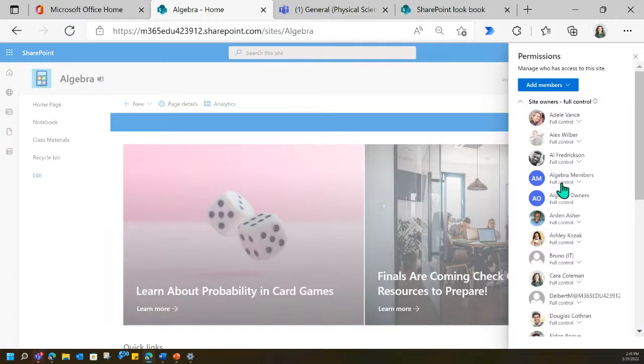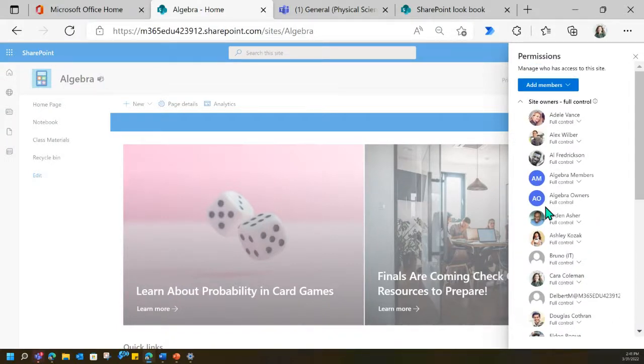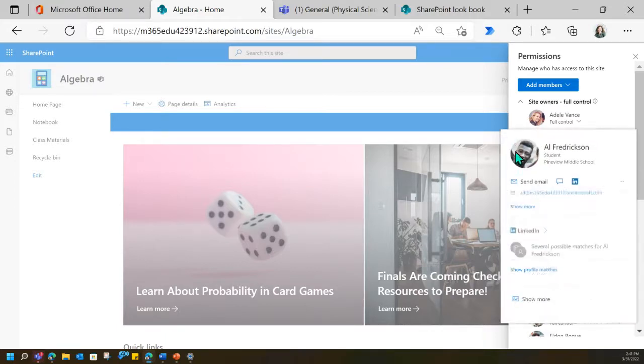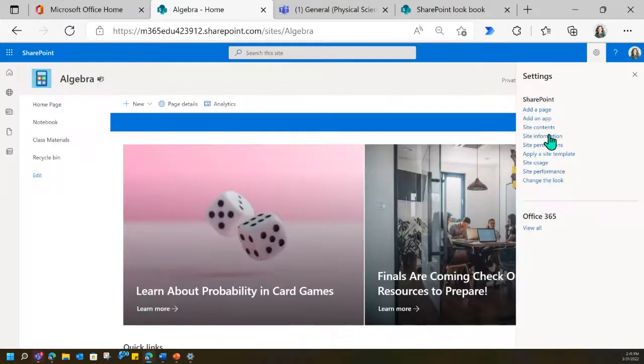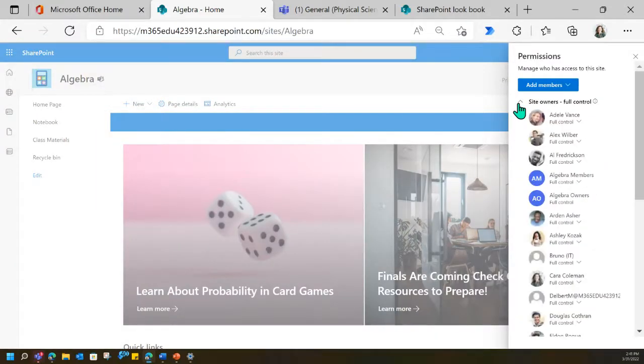So in this particular site, there are a lot of owners. I would not encourage you to have this many owners. I would have 2 to 4 owners, minimum of 2, so that you have at least 2 people managing it. And then also with the unforeseen circumstance of someone leaving or someone getting promoted, you don't ever have to worry about things not being managed. So always have at least 2, but be cautious of having more than 4, because owners can